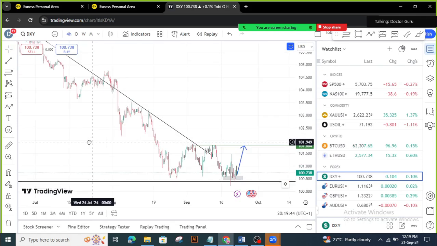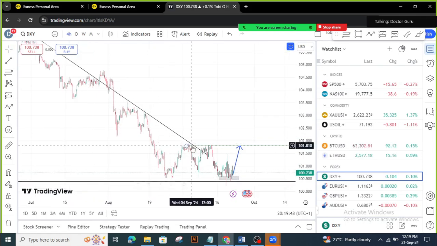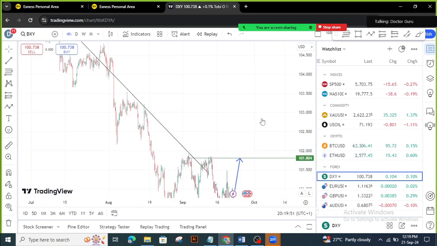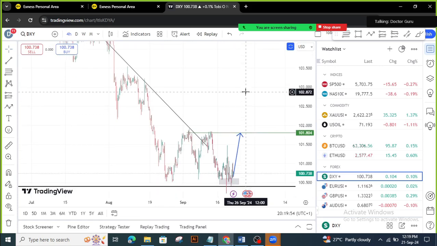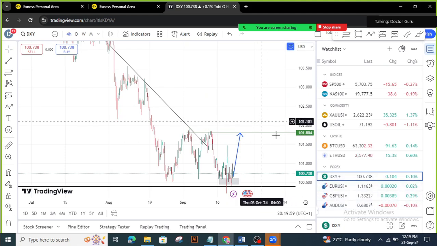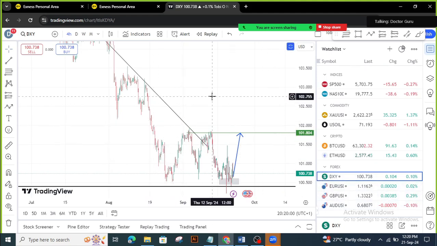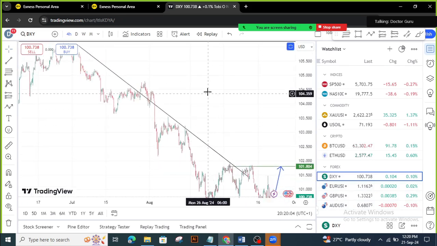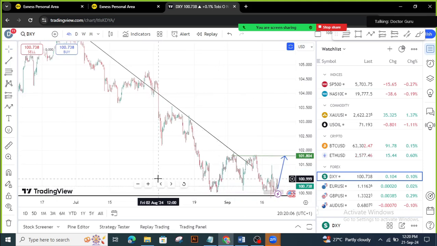If you see where DXY is going up, for example here, during this period from here to this place, it means that the dollar is stronger than the majority, or let me say most of these currencies, most of those major currencies. And when you are able to identify this, you can easily, if you analyze your index, take for example, here